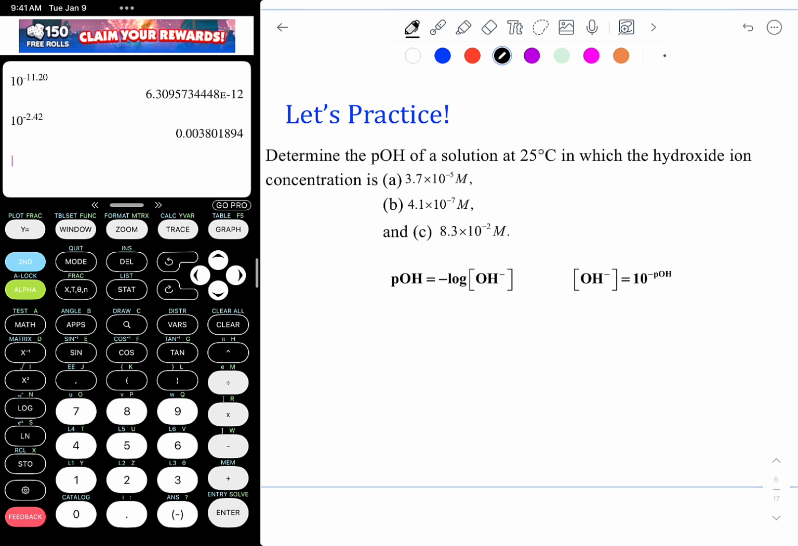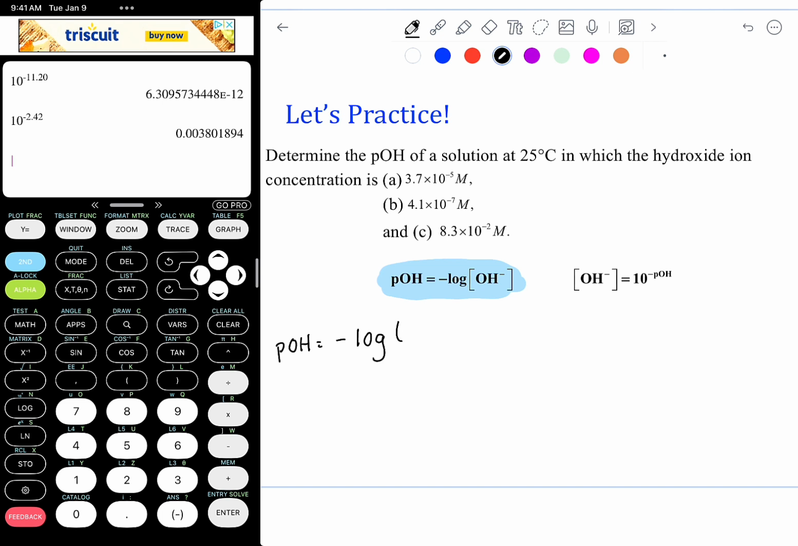Determine the pOH of a solution at 25 degrees Celsius in which the hydroxide ion concentration is 3.7 times 10 to the minus 5. So we're looking for pOH, and we have the hydroxide ion concentration, so we're going to use this first equation here. Just like in our previous examples, the pOH is equal to the negative log of the concentration given. So 3.7 times 10 to the minus 5 for our A value. We do negative log of 3.7 times 10 to the minus 5, and we get that the pOH is now